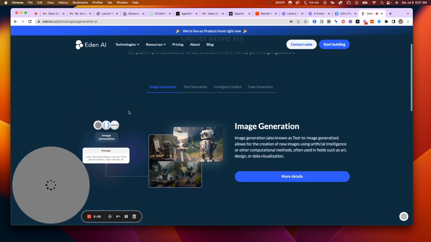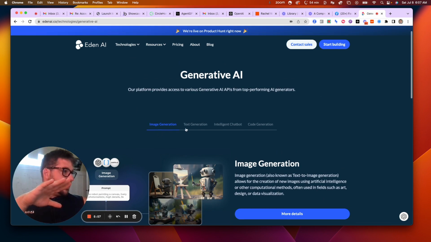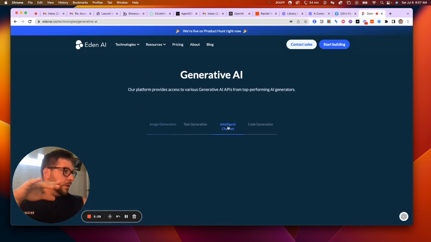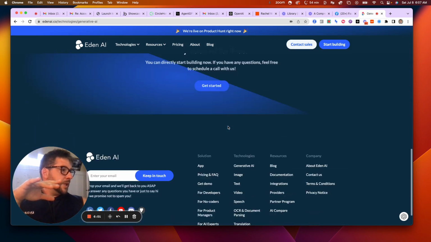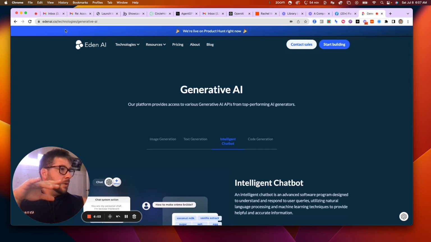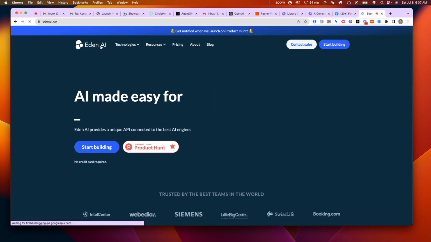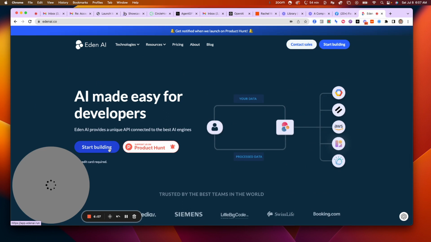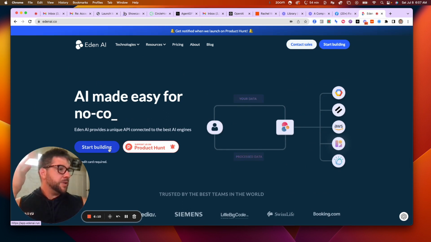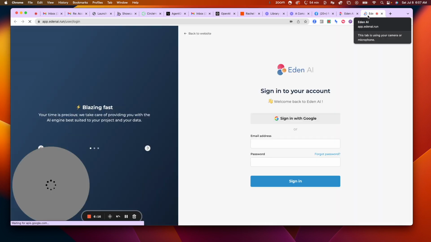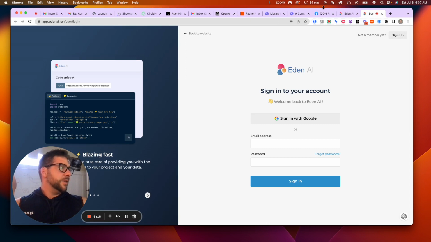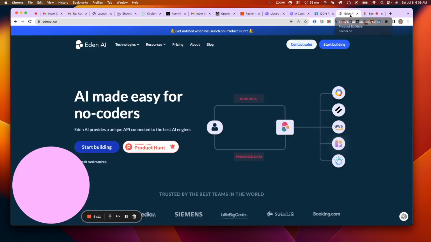So they do everything here. Image generation, text generation, intelligent chatbot, all the different systems it connects you to. Cool. So let's go to the normal site, start building, for instance. Like, okay, I'm kind of curious, but I got to show you. Oh, I have to sign in to show you this stuff. Oh, well, I guess you can look for yourself. But you go here,